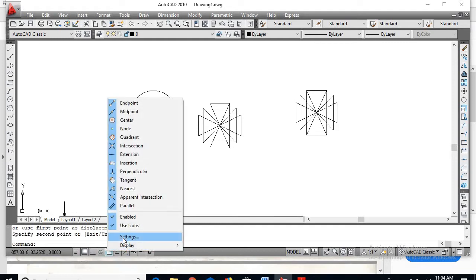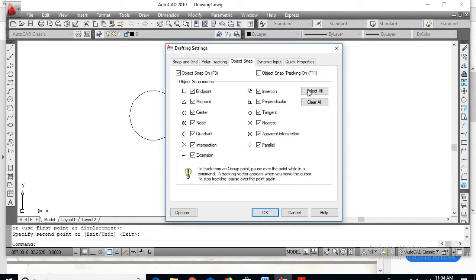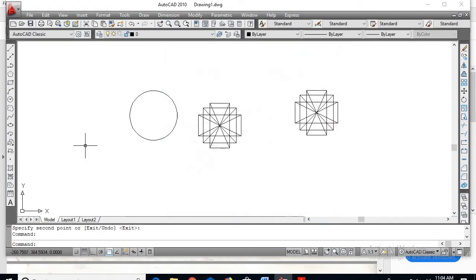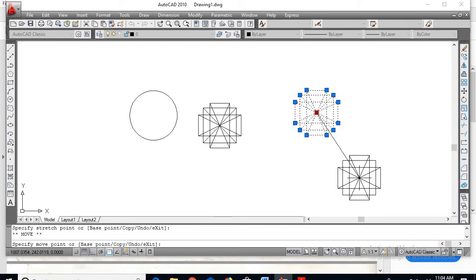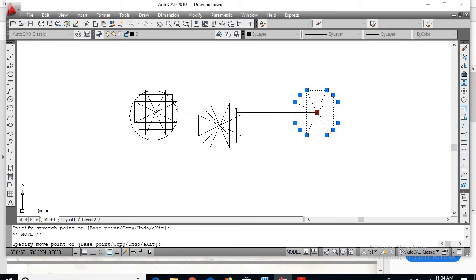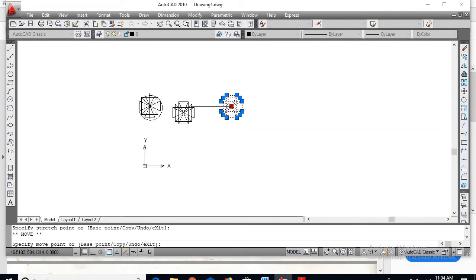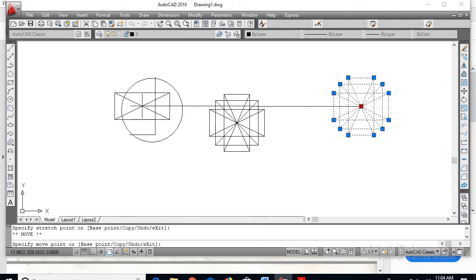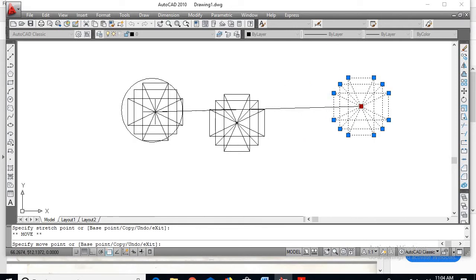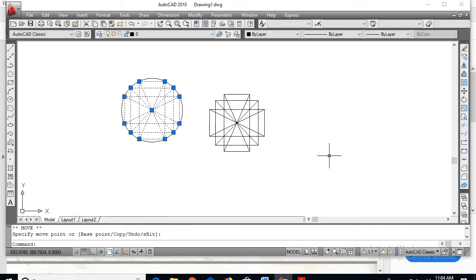Just a second, I will go for settings. Select all. So okay. I must get the center point, so I'm searching for that. Yeah, now I'm getting it. So just click there.